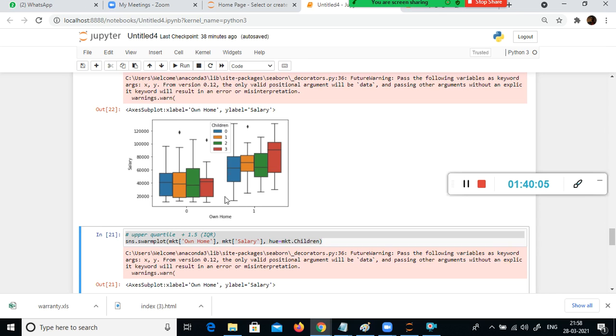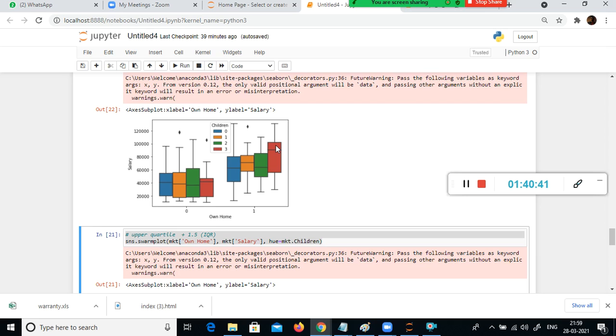Those who have a rented house and have more than two children have higher salary. Yes, very good. Those who have a rented house, huh? No, own house. Those who have own house and have three children, more than two children, right? Their salary is way high. Look here, this is my median salary. The highest salary is, right? This is the Q3 salary, right? So 10,000, sorry, 100,000, 1 lakh.